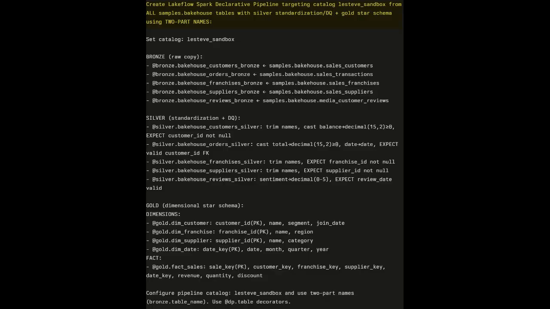Let's dive in. Let me walk you through this single prompt that creates our entire pipeline. I'll also leave this in the description. Look at this one prompt. It describes a complete production pipeline, 5 raw bronze tables feeding 5 standardized silver tables, transforming into 4 dimensional tables, plus 1 fact table. The bronze layer captures raw, immutable copies from all 5 samples of the bakehouse table: customers, transactions,